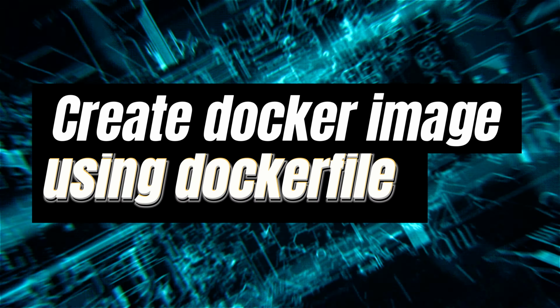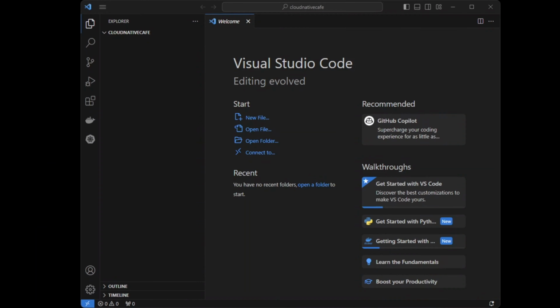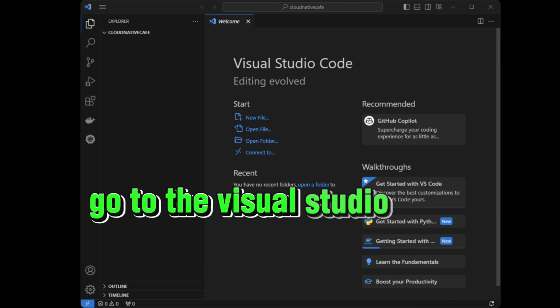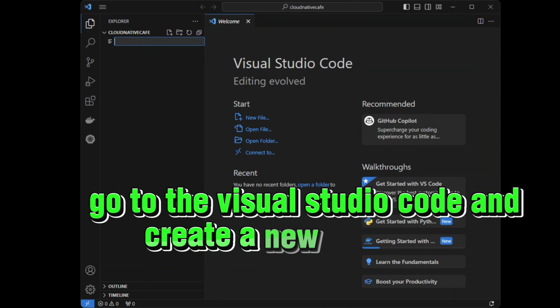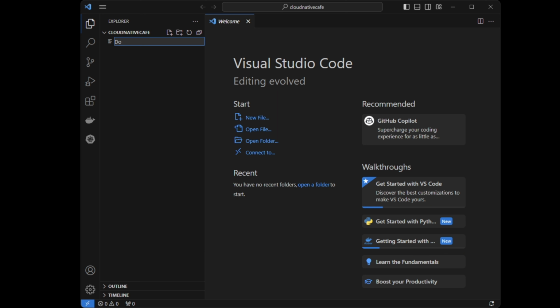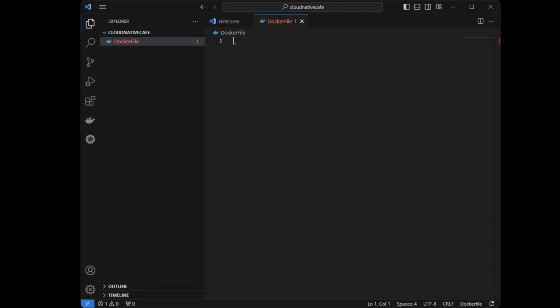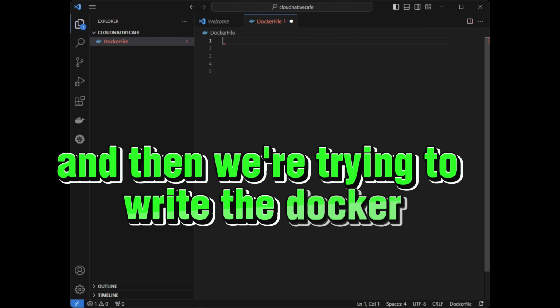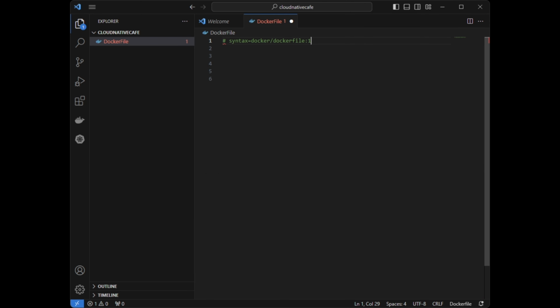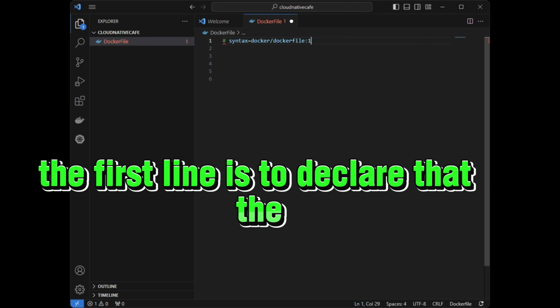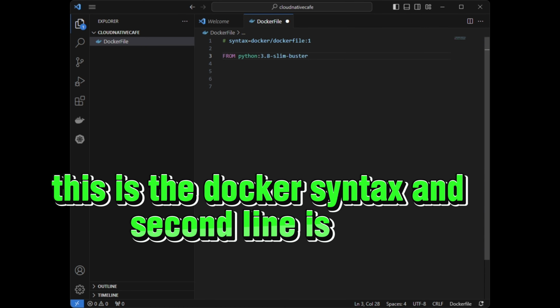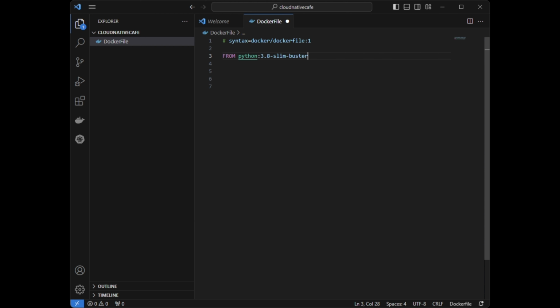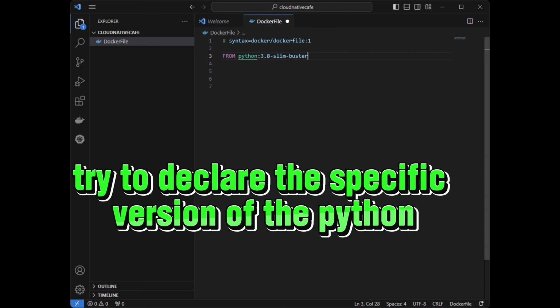Now let's create a Docker image using a Dockerfile. Go to Visual Studio Code and create a new Dockerfile. Then we write the Docker packaging commands. The first line declares the Docker syntax, and the second line declares which specific version of Python to use,